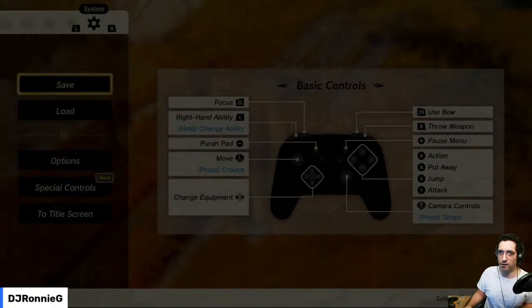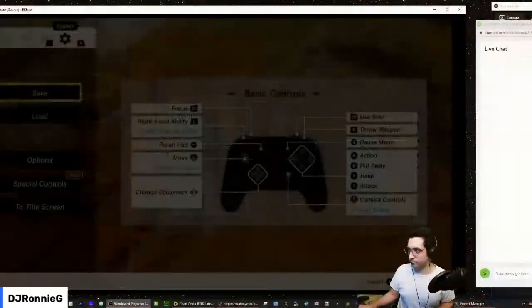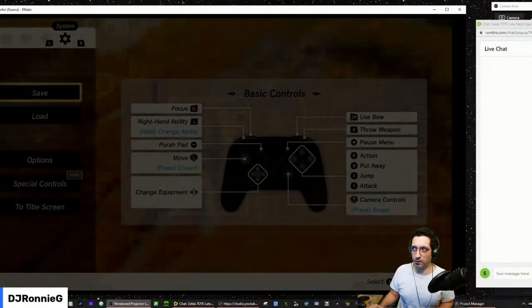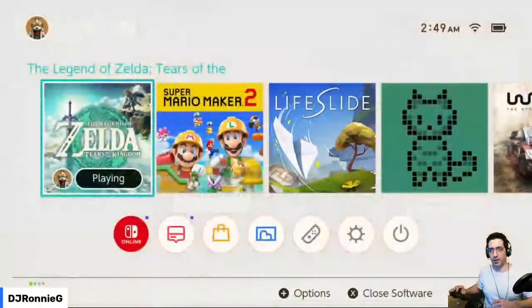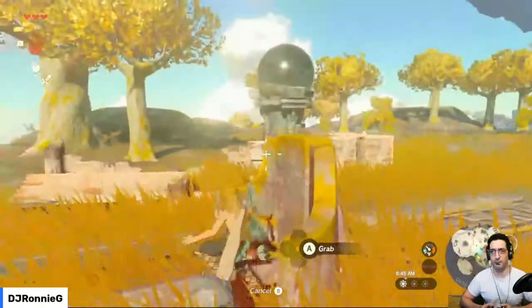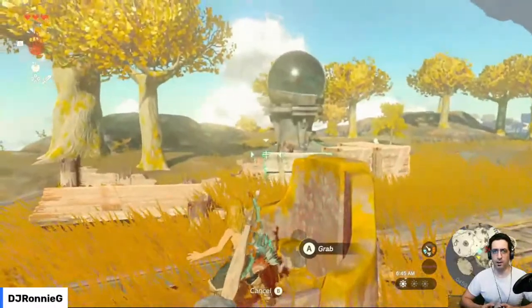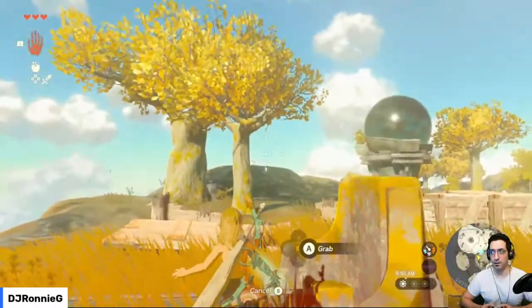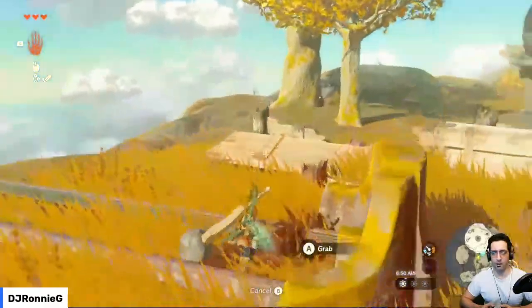So right now I literally have the window. See, I put Zelda in a window on my left monitor. I literally have the Zelda game in this window, and it seems to work fine. Usually, the first time I ever did this, I had some serious lag. And what ended up happening was I